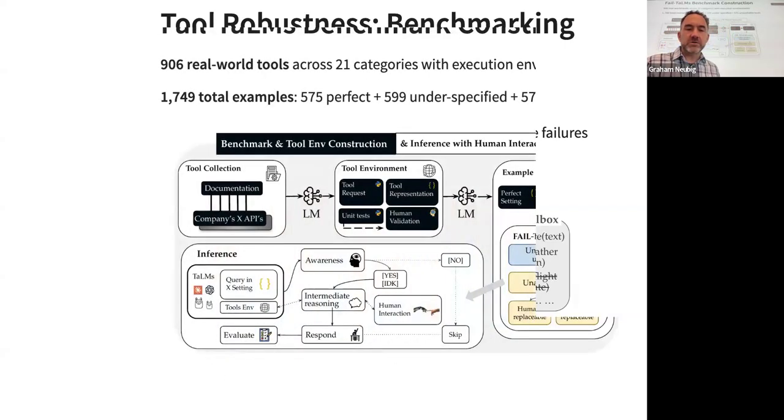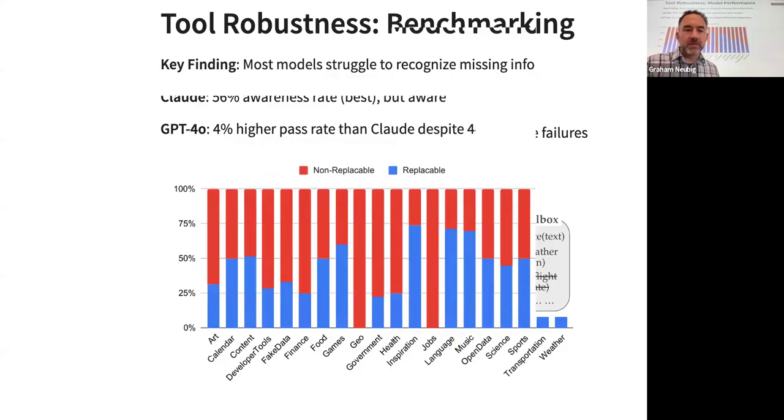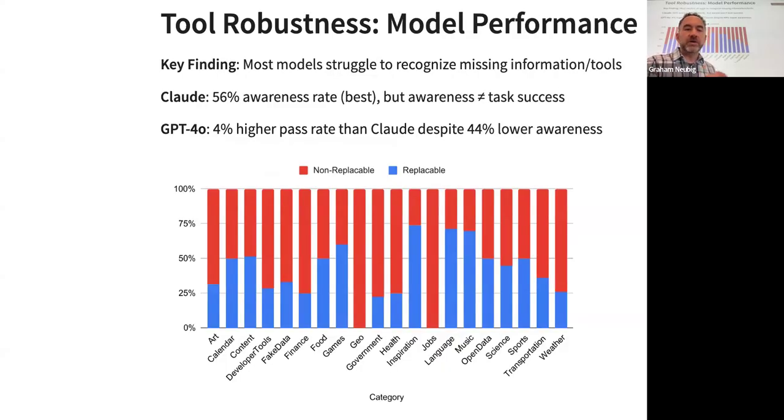The first thing that we measured is the awareness of models that the tool was broken. So we tried to check whether the model said, oh, this tool is broken, I won't be able to use it. And that's kind of important